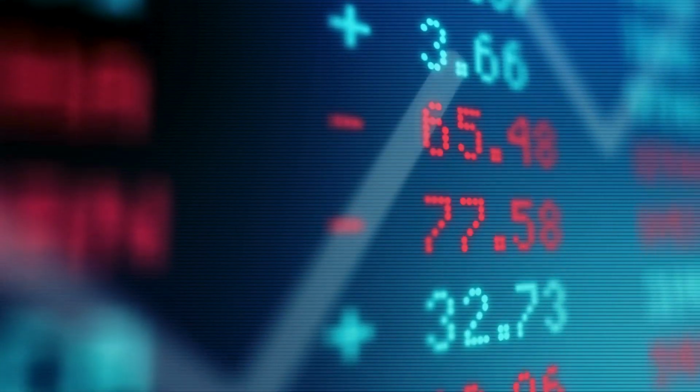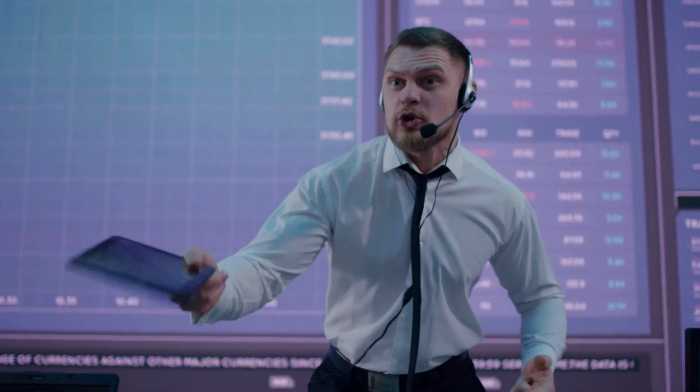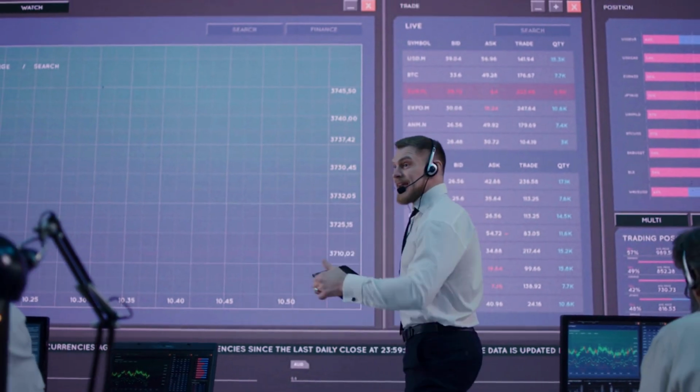One of the first steps for any trader is to verify whether the broker is regulated by a recognized financial authority. Regulators such as the FCA in the United Kingdom, CySEC in Cyprus, or the NFA in the United States oversee brokers to ensure fair and transparent practices. Trading with an unregulated broker can expose traders to unnecessary risks, such as losing access to their funds or experiencing price manipulations.